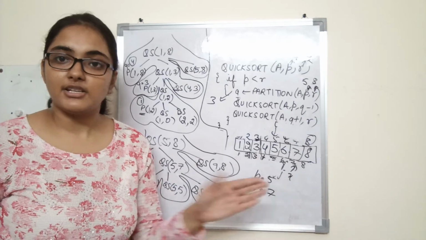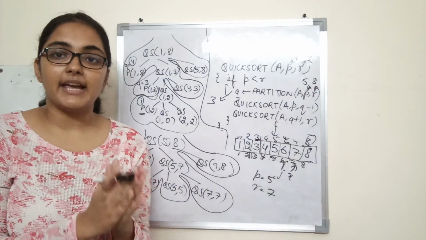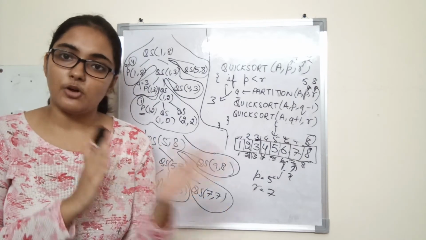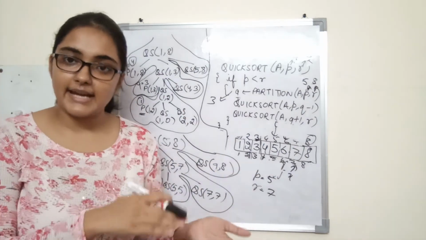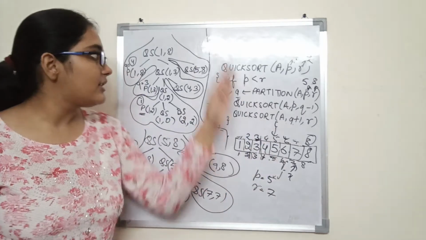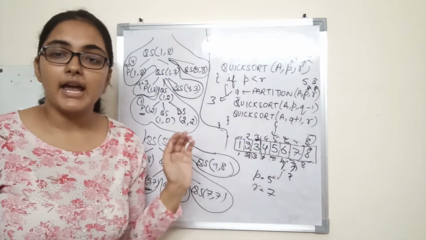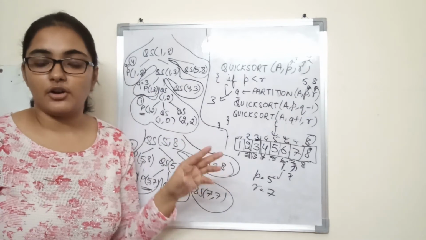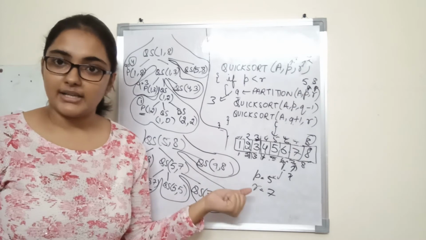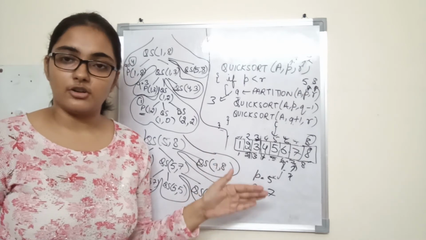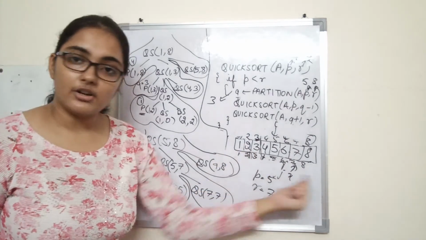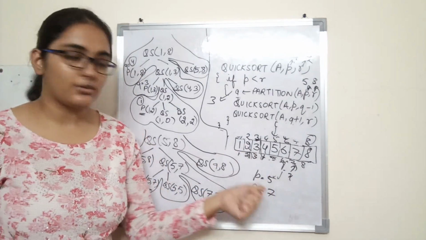As a result of partition, we just partition the array around the pivot element so that all the elements that are smaller than the pivot element are put on one side and all the elements greater than the pivot element are put on the other side. And then we recursively call quicksort in order to sort the array, on the smaller sub-arrays that we get as a result of the partition functions, and by calling quicksort on the successive smaller arrays. So this is how we sorted the array using quicksort.